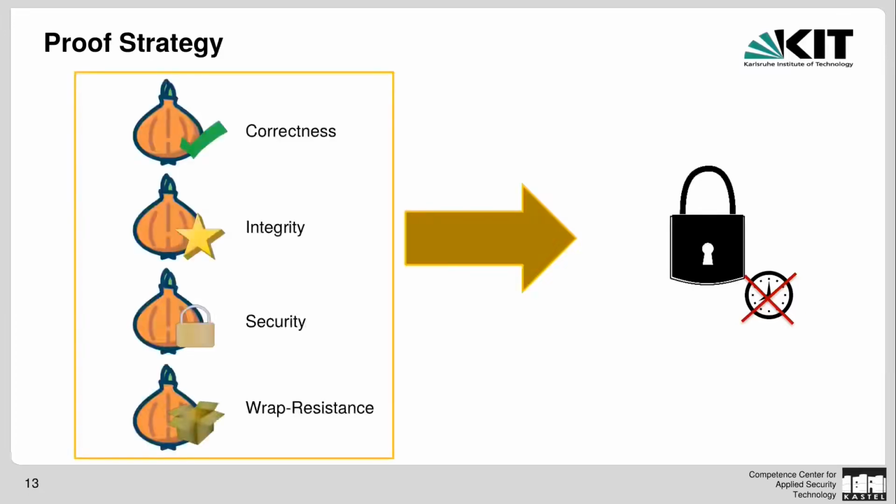is an orthogonal problem. So as this ideal security for onion routing would be hard to prove in itself, Kamenisch and Lysanskaya also proposed 4 properties which they claim to imply the ideal security, and those 4 properties are onion correctness, onion integrity, onion security, and wrap resistance. Now, if you want to prove your onion routing or mixed network packet format secure, you simply have to prove those 4 properties. So now that we know how the proof strategy works, let's see what went wrong in the